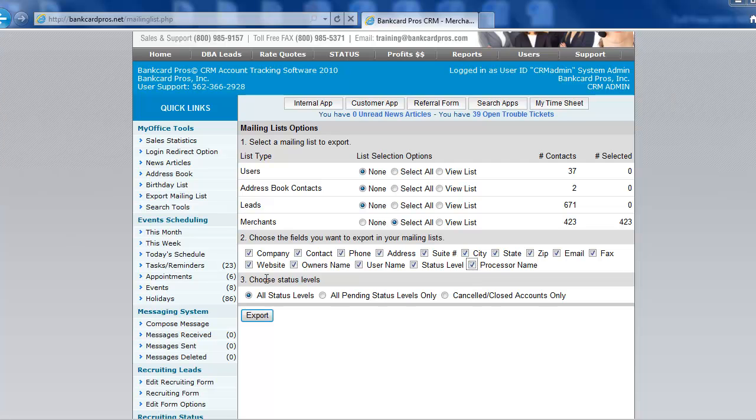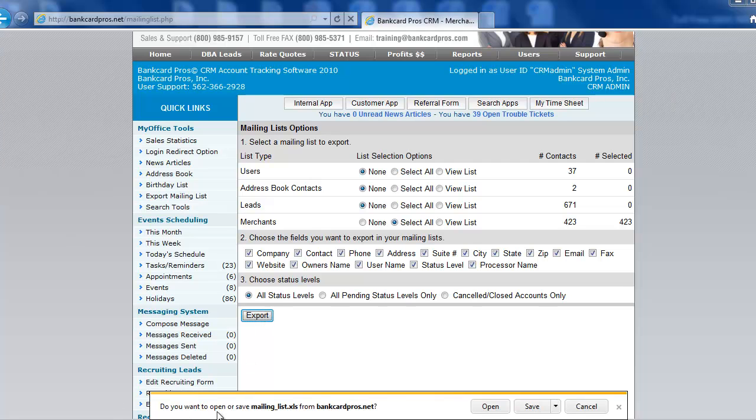Now on the third step, you could choose a status level. You could choose all the accounts for all status levels, or all pending status levels, or all canceled close accounts. And for this demo purpose, we're just going to choose all. We're going to click on export, and it says do you want to open or save the mailing list. And what I want to do is I'm going to save it, but I want to open it first and